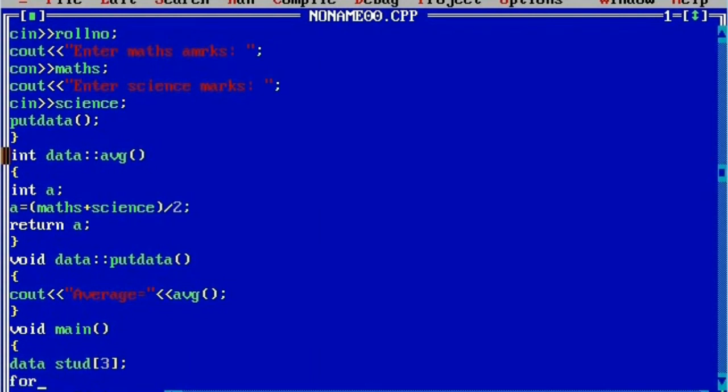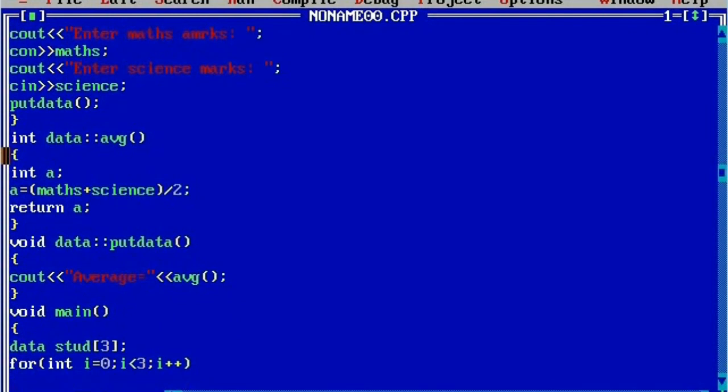Next I'm going to use looping structure in order to iterate through all the 3 information, that is roll number, maths marks and science marks of each student. So here I'll write int i = 0; i < 3; i++. Next we are going to call get data function by using the object stud.